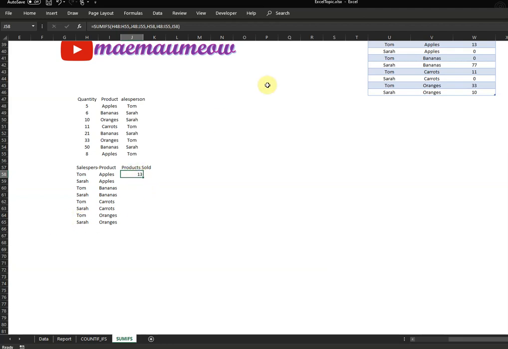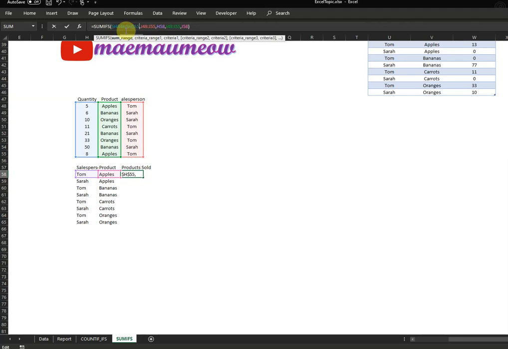But before we do that, as we learned from the last video on COUNTIF and COUNTIFS, we have to lock our range in order for it not to change. Here, our sum range is H48 up to H55.